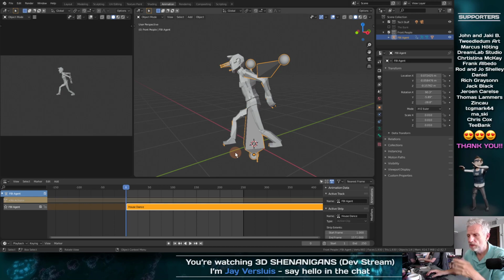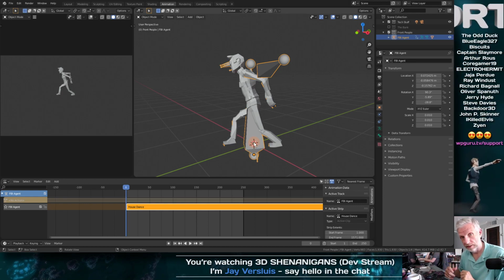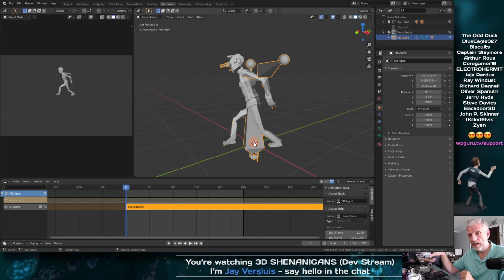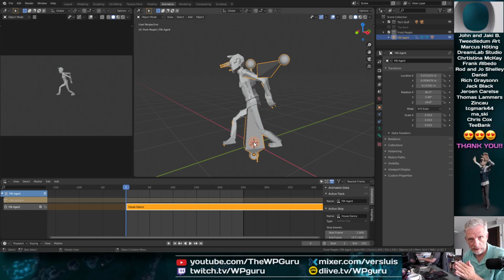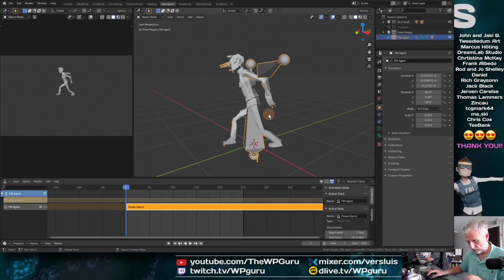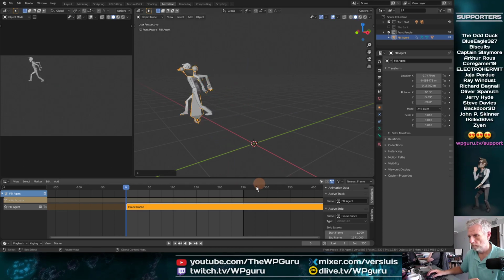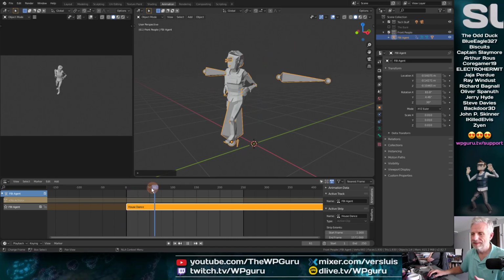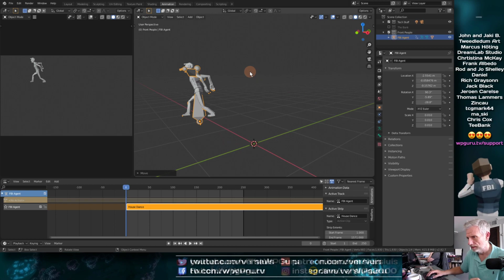I'm going to move him over slightly to the right, and then I'll bring a different character in and apply that other animation that I imported earlier onto that guy. That's the plan anyway. So let's take my FBI agent and put him somewhere over here.